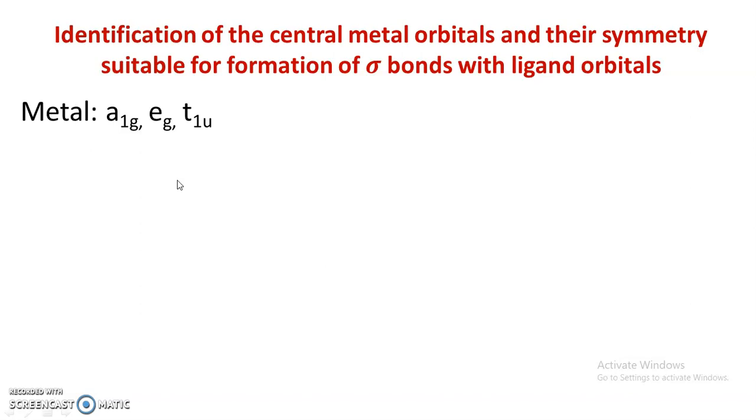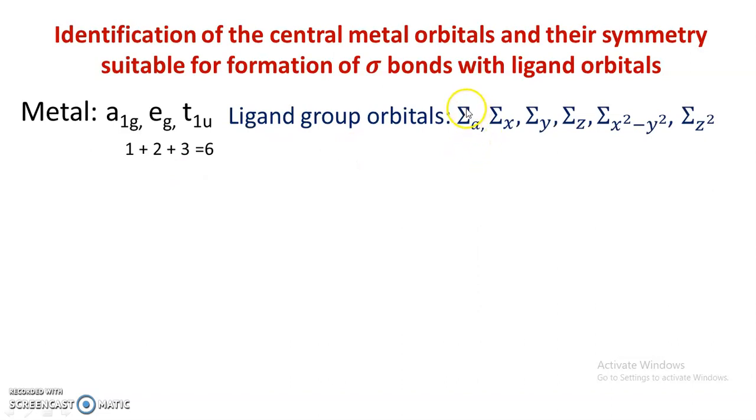and 6 ligand group orbitals, for example summation A, summation x, summation y, summation z, summation x square minus y square and summation z square. These are the 6 ligand group orbitals involved in the formation of bonding and antibonding molecular orbitals towards the formation of coordination compound. So these are the 6 orbitals which are responsible for sigma bond,